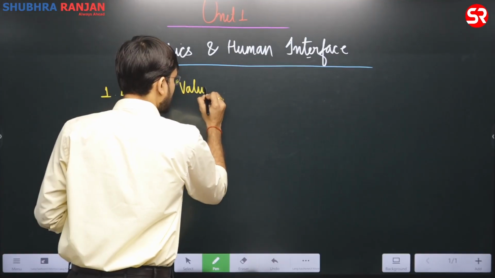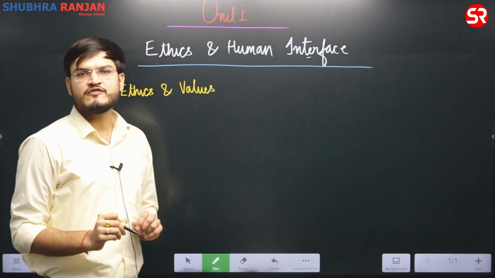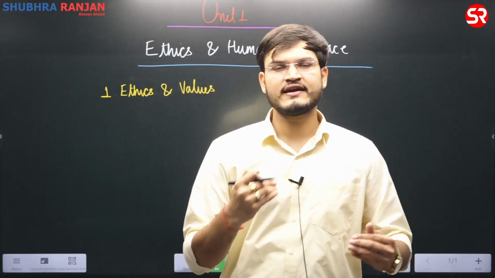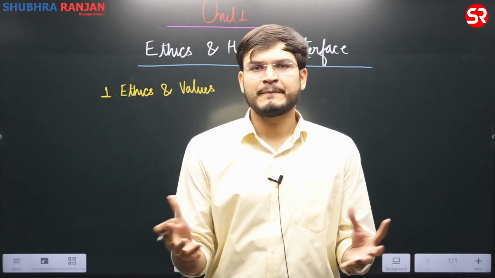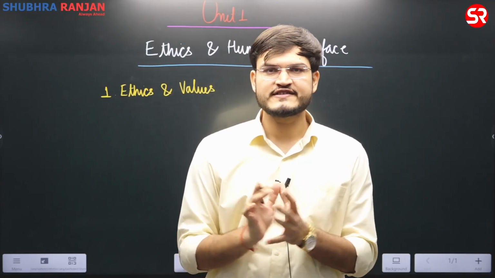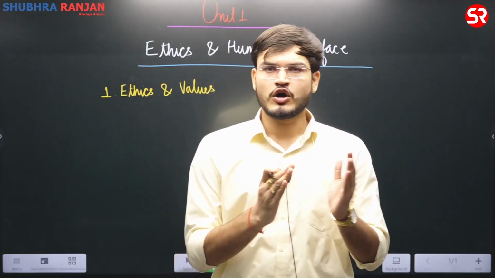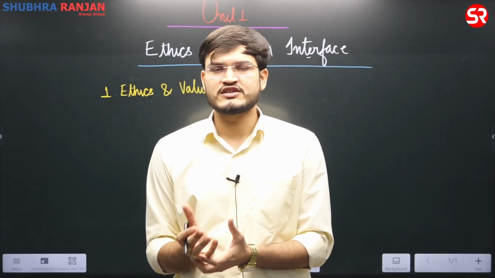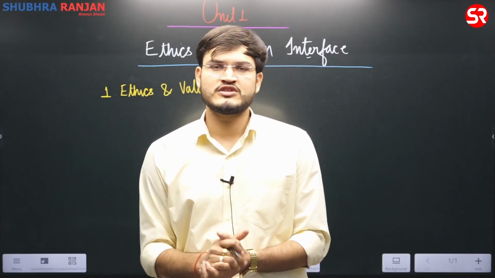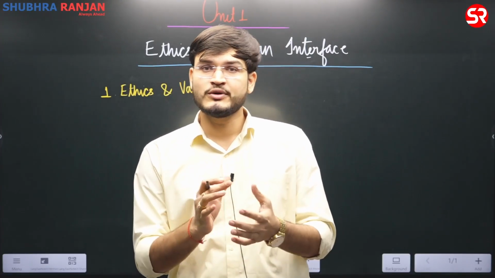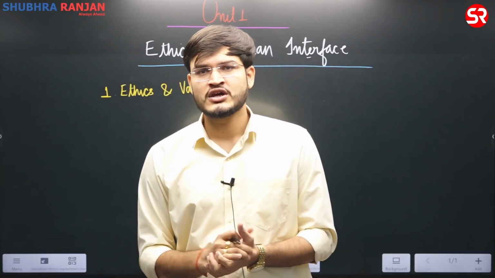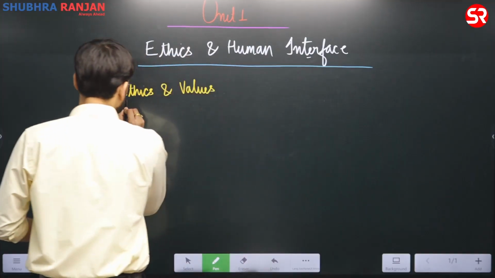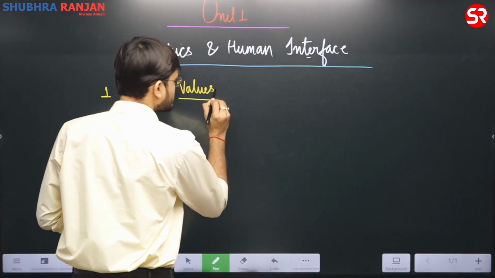Here you should know, for example, the standard definition of ethics given by the Second ARC, or the umbrella definition of ethics: it is a normative science where we study human conduct on some established standard. Knowledge of ethics gives us what is right and what is wrong in order to achieve summum bonum. Summum bonum in Jainism is Kaivalya, in Buddhism it is Nirvana, in Hinduism it is moksha, and in governance it is the welfare of citizens.